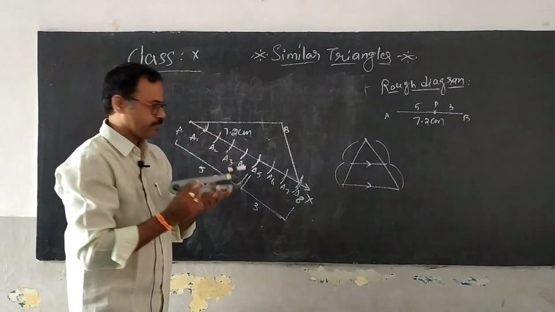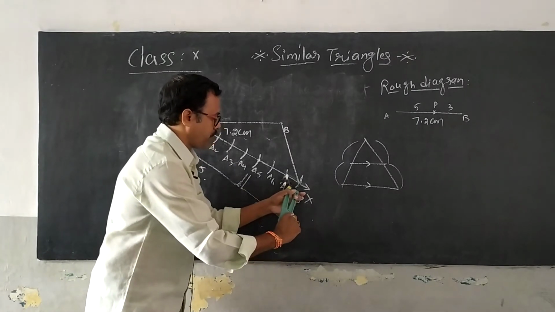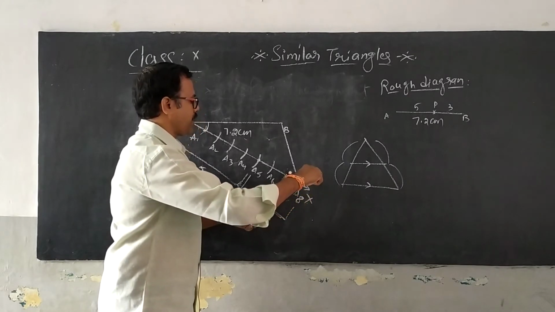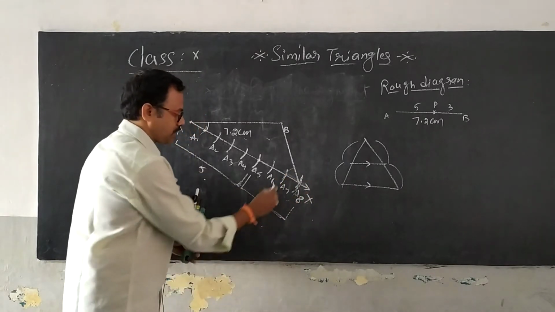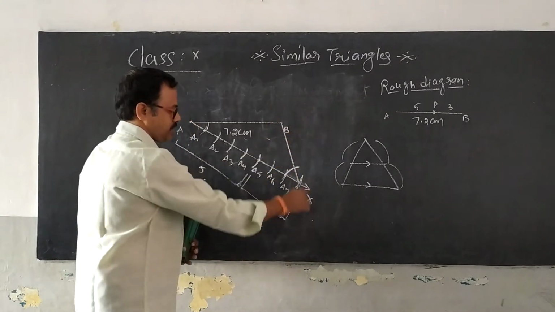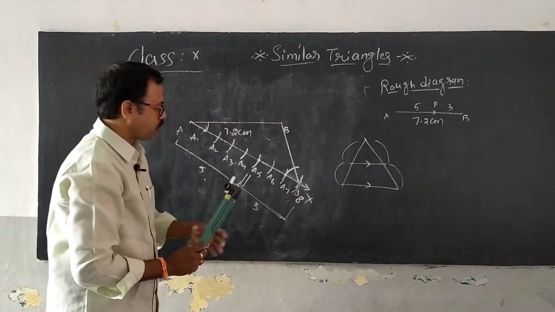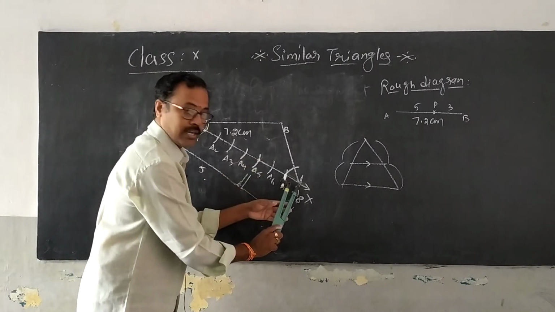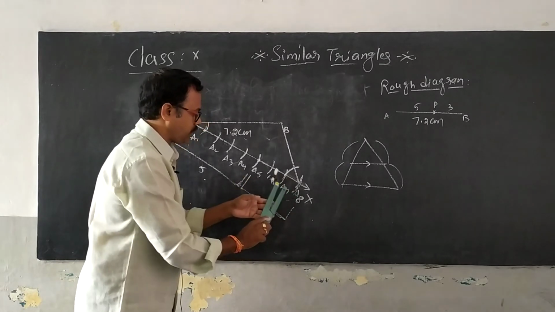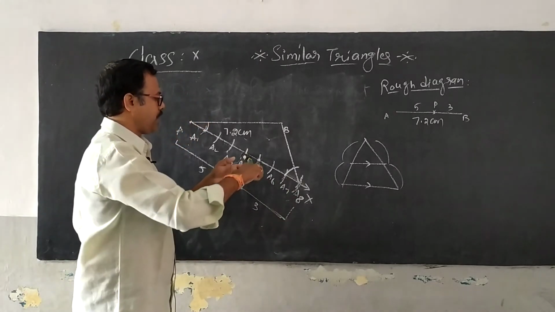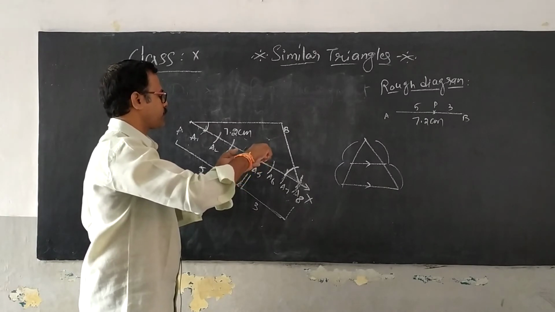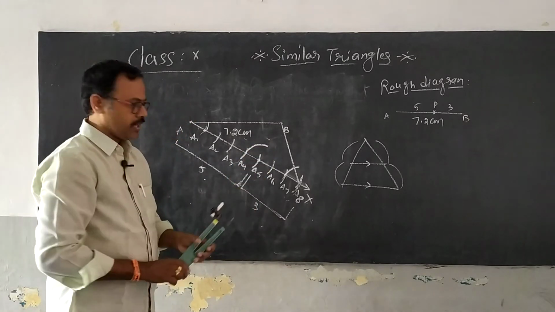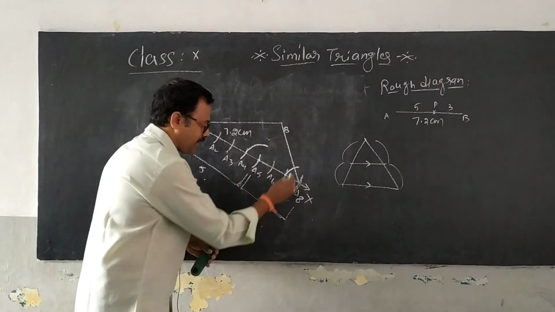I take the compass, place at A8, measure to A7, observe carefully everybody, measure to A7, now draw a line. This line cuts the A8 line, and you want to draw a parallel line at A5, so keep the compass with the same radius, don't change the radius. Are you able to understand? Don't change the radius, place at the point A5 and draw an arc. Again draw an arc.